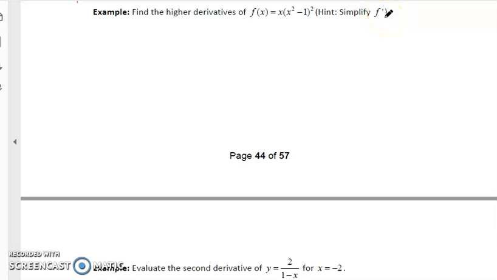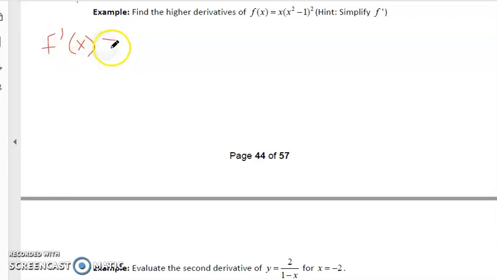We'll play their game. Now, by the way, probably the easiest thing to do here would have been to multiply it out to begin with. I mean, forget that x for just a moment. Square the binomial, which is pretty simple to do. Then multiply the result by x, and then you don't have to worry about using your product rule or your chain rule or your mixed derivatives. Then you can just go ahead and take the derivative anyway. Well, that's not what they ask us to do, so I'll tell you what. Let's play their game. f prime of x, the first derivative,